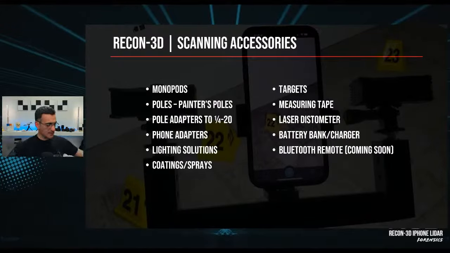The reason is, if you wanted to, this is all you need. You just need your phone and you can go ahead and scan. But you're somewhat limited in terms of reach and being able to get on top of vehicles and things like that. So at this time, I'm going to pause for a moment,